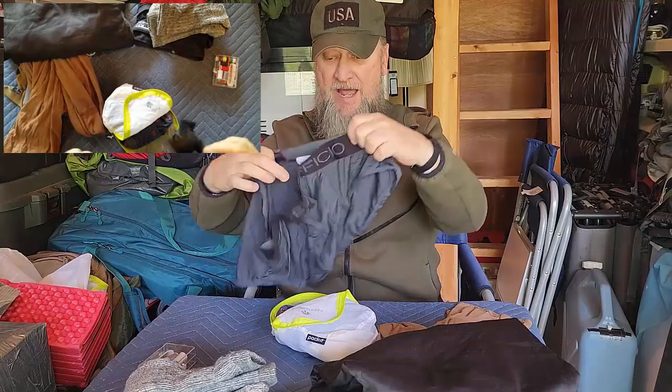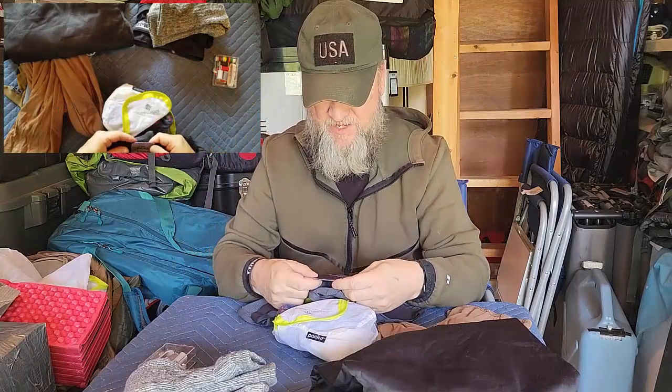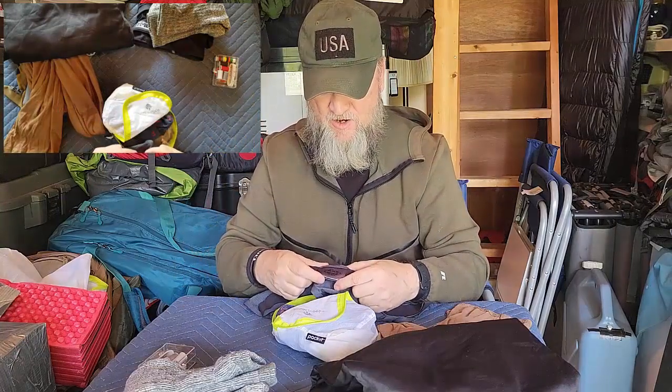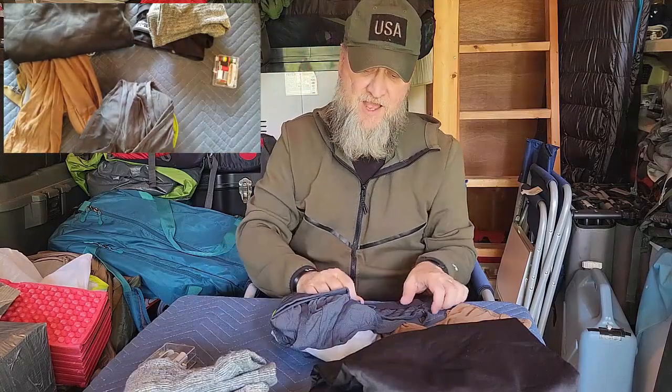Okay, so what do we got here? We got some undies, guys. These are actually made for hiking. And these are Ex Officio, okay? And these are made for hikers. Why? They make them specifically for men, and they make them specifically for women. If I'm going to be